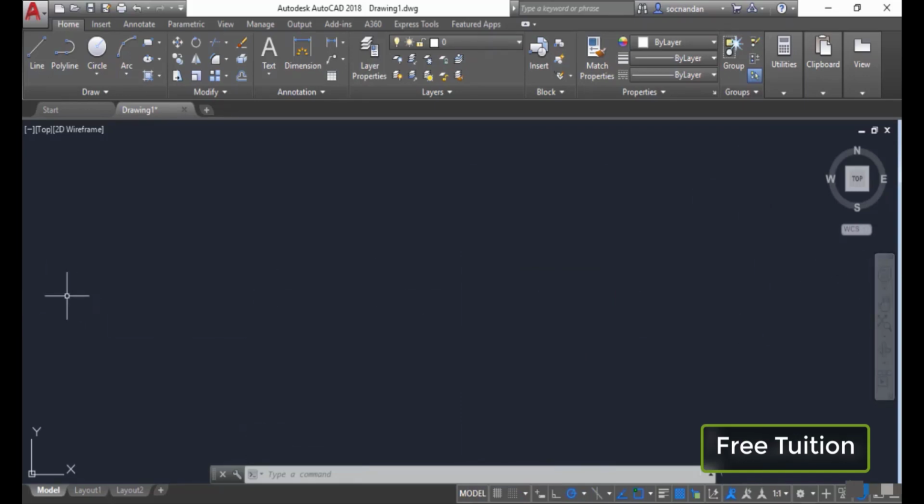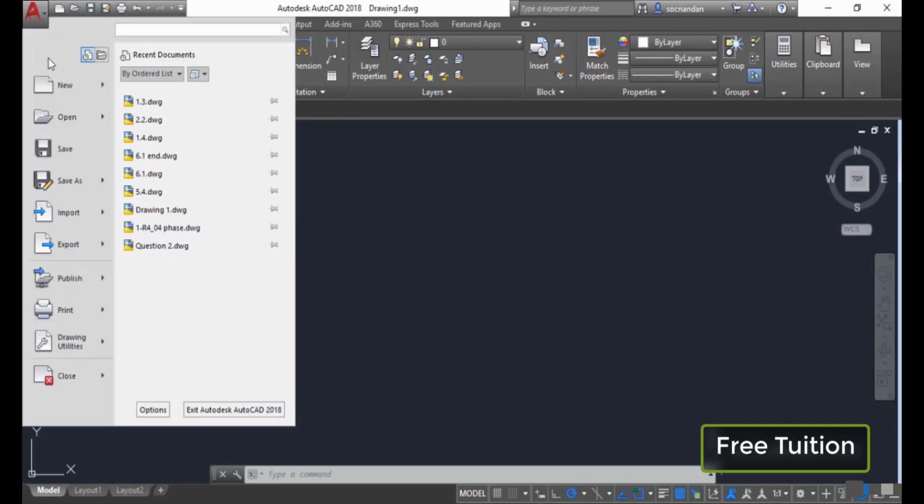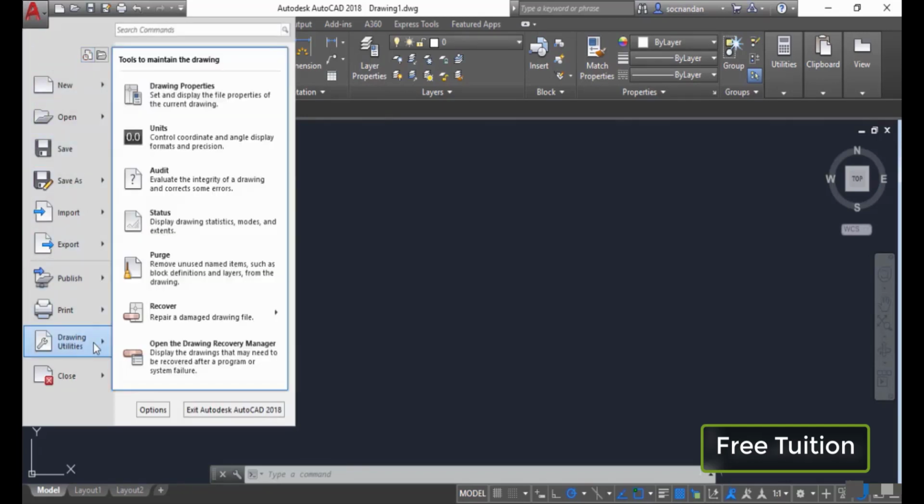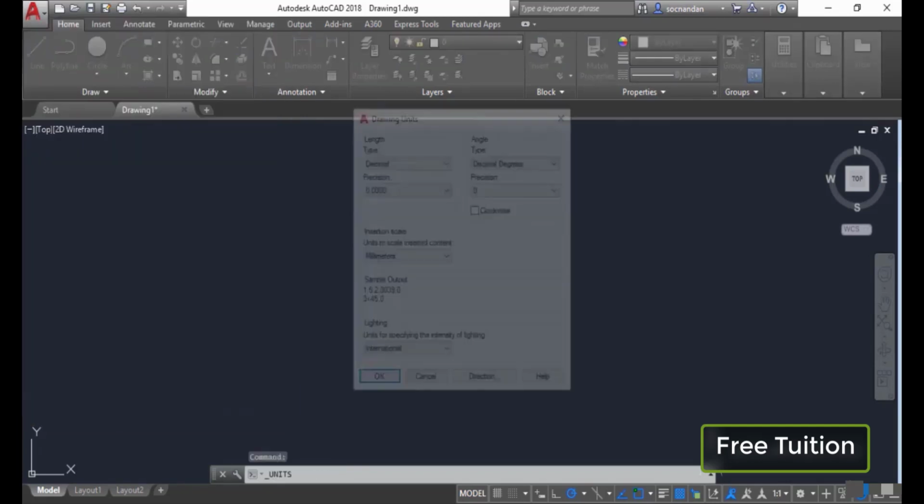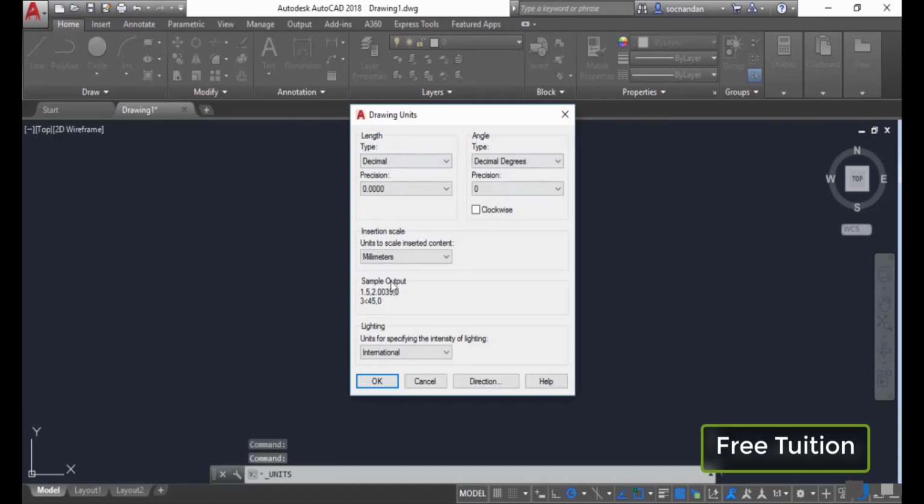Now we also need to know the unit of the current drawing, and for that you can check the display unit by clicking this application button, selecting the drawing utilities, and from here select the units. So now you can see the display unit, or the units which will be displayed in the drawing area, from this window. So right now the length has decimal type here, which you can change to architectural. If you want to see it in feet and inches, you can see the sample output here, and I'll change